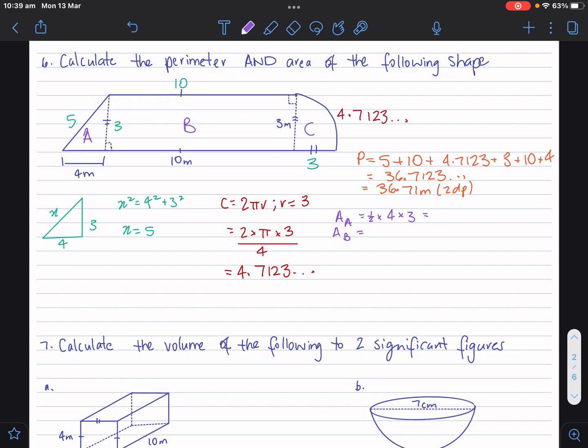So it's just going to be short side times long side, which is 10 times 3. And the last one is a quarter of a circle. So we're going to do pi times radius squared, and we're going to divide that by 4. So you have 6, 30, 7.0685 dot dot dot. Total area